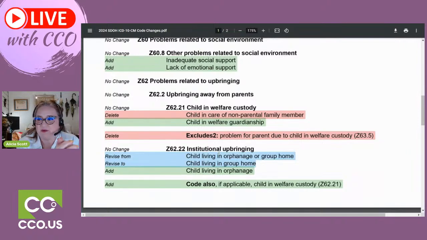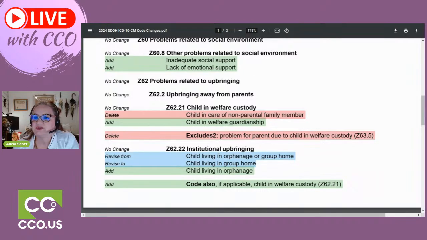Again, I'd love to hear what you guys think, how this could be applicable. But child in welfare guardianship would be child in welfare custody. Again, I like that verbiage much better. It makes more sense. They did delete the excludes to problem for parent due to child in welfare custody, the Z63.5, that was taken out. Then we have